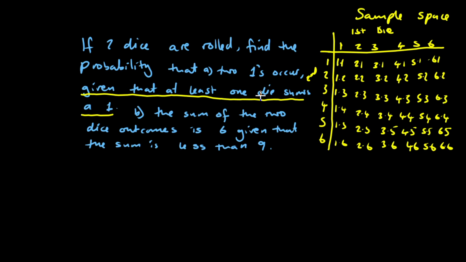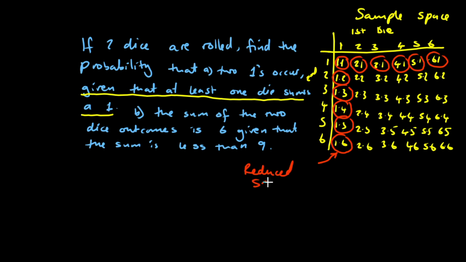It shows at least 1, right? At least 1 dice shows 1. So in this, we want only the parts that will show a 1. Which parts show a 1? This part shows a 1. This part shows a 1. This part shows a 1. This part shows a 1. But all these, there is no 1 here. So our reduced sample space is this one. That's our reduced sample space, right? This is our reduced